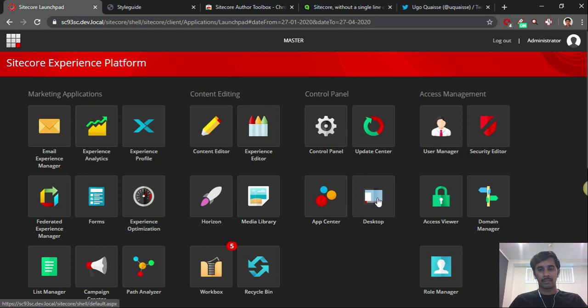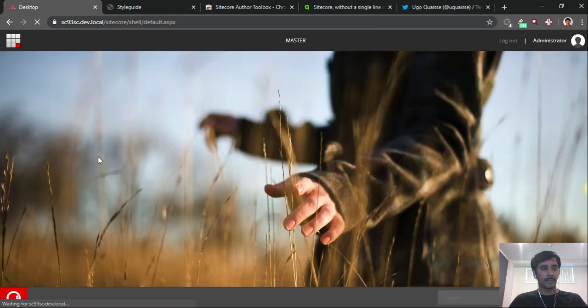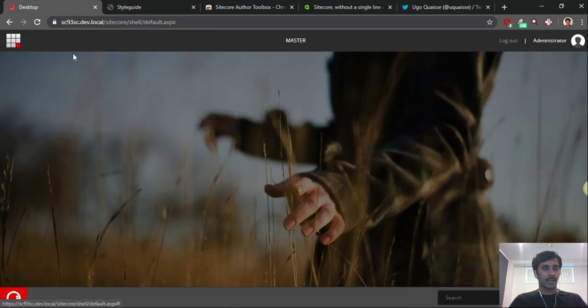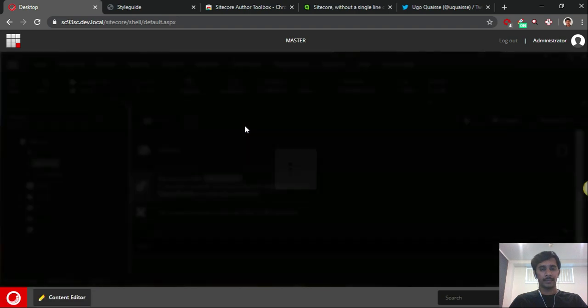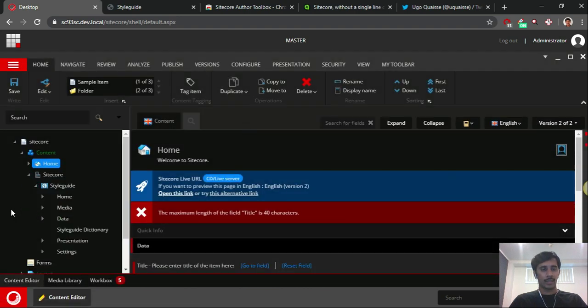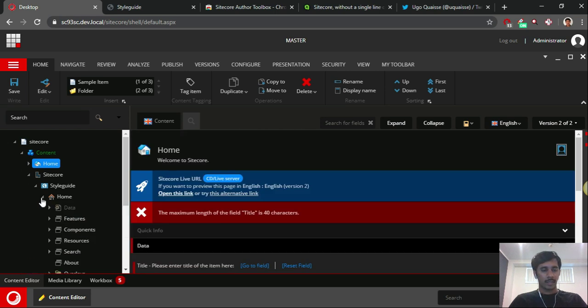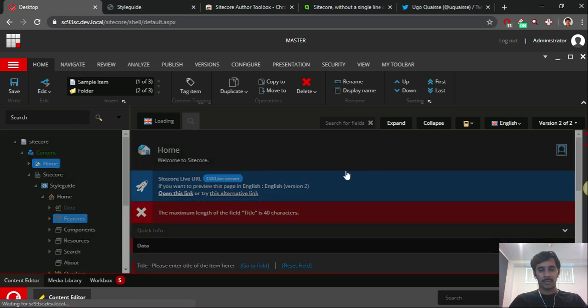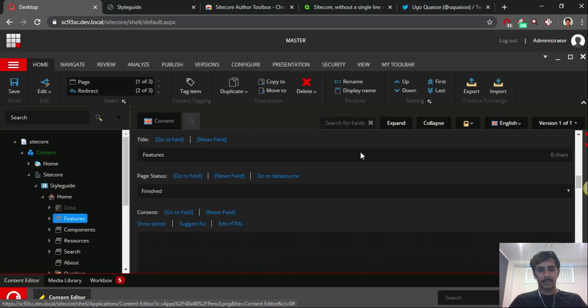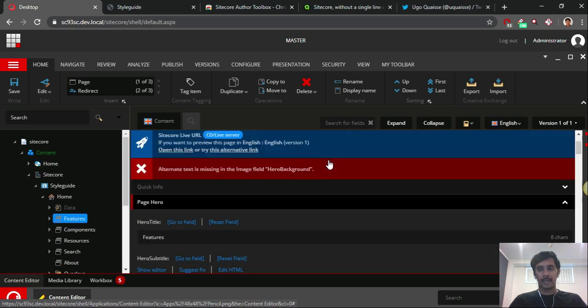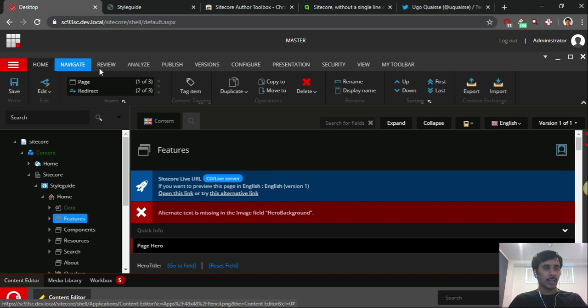You see Sitecore in dark mode, and I can browse content data. If you notice here, there are a lot of features, and you can go here. It feels like a very integrated one. I really liked this feature.